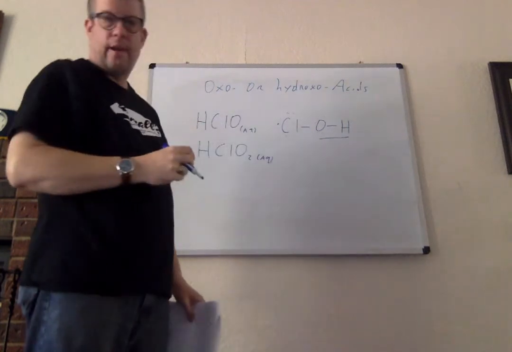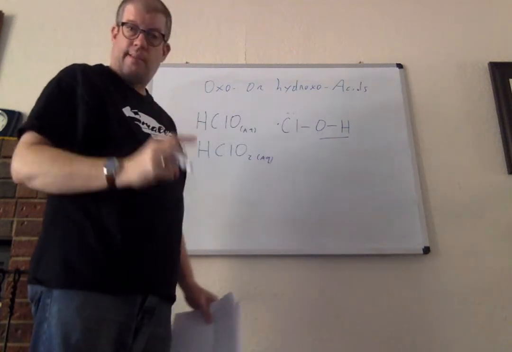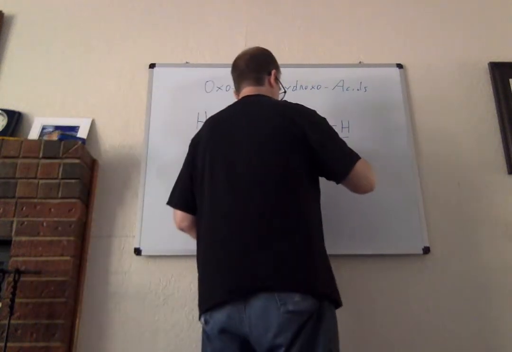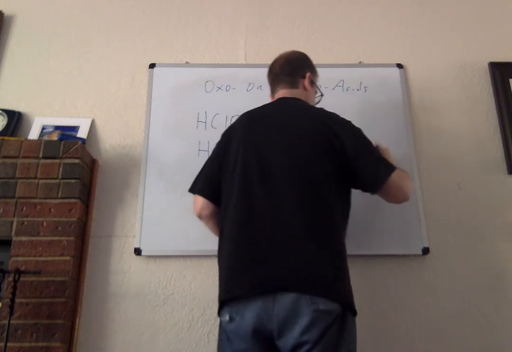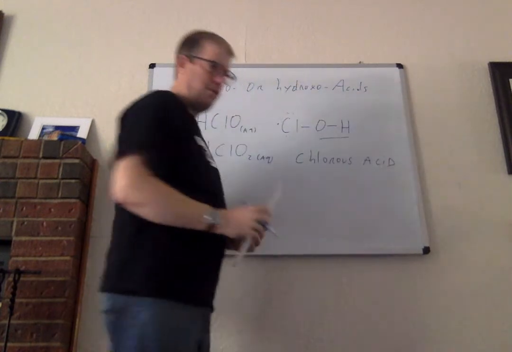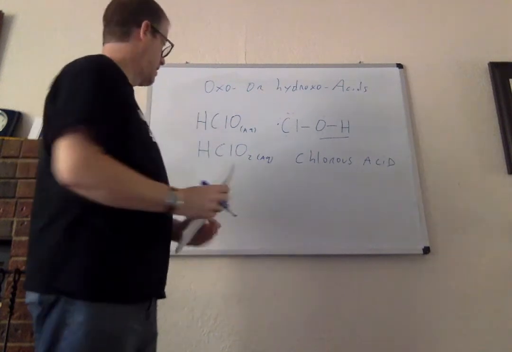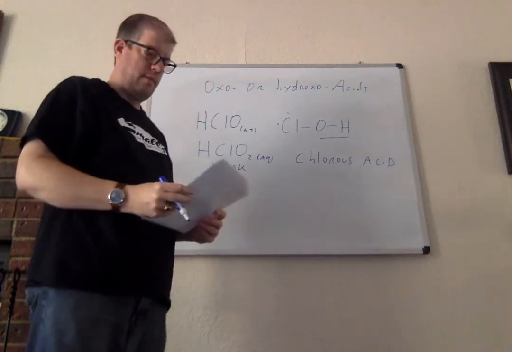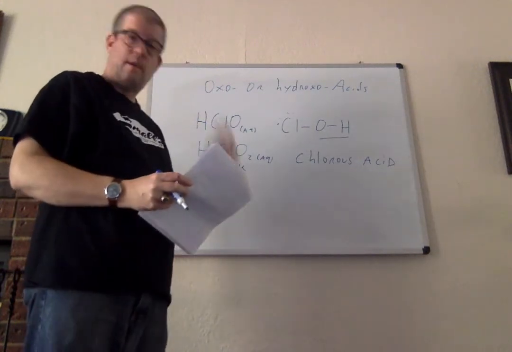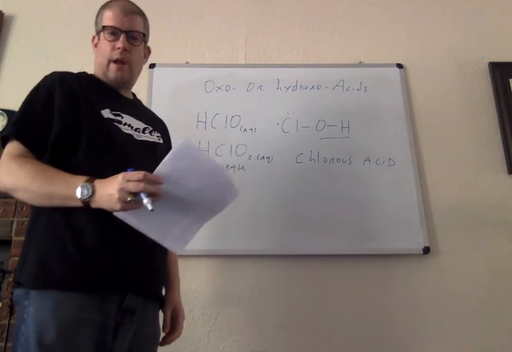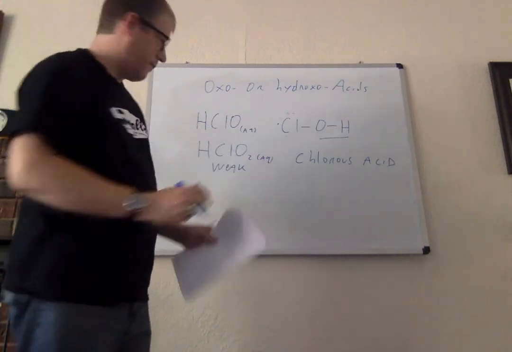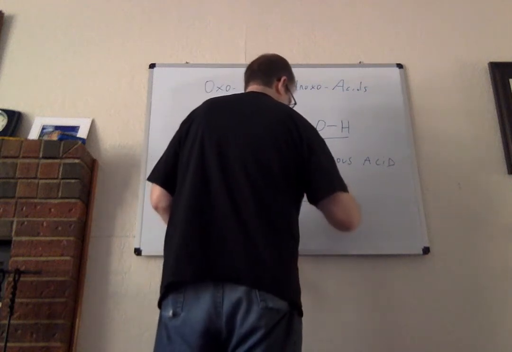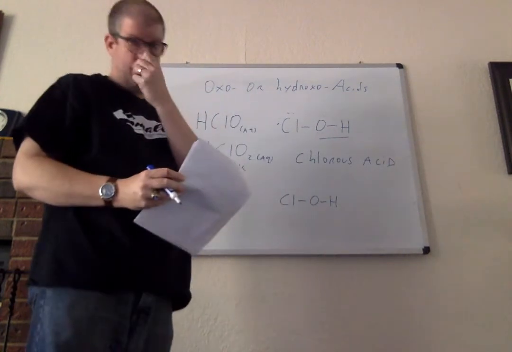Now, when we quote-unquote add another oxygen, we generate this stuff. We're not actually doing this chemically, of course, but if you find this substance, this is chlorous acid. And it is a weak acid as well, but it's stronger than hypochlorous acid. And the reason for that is, you take a look at its structure. We're still going to have this going on.